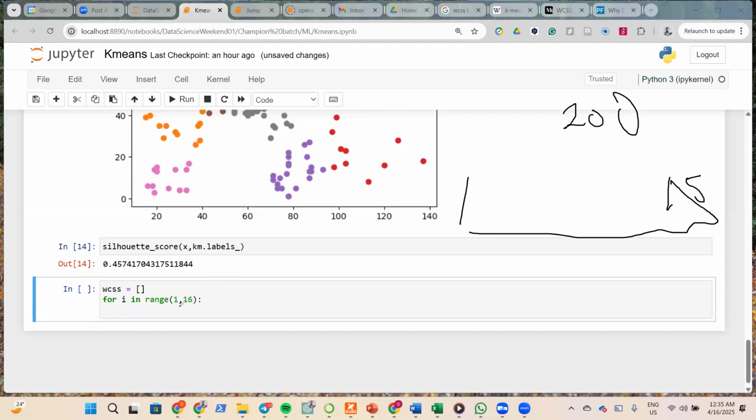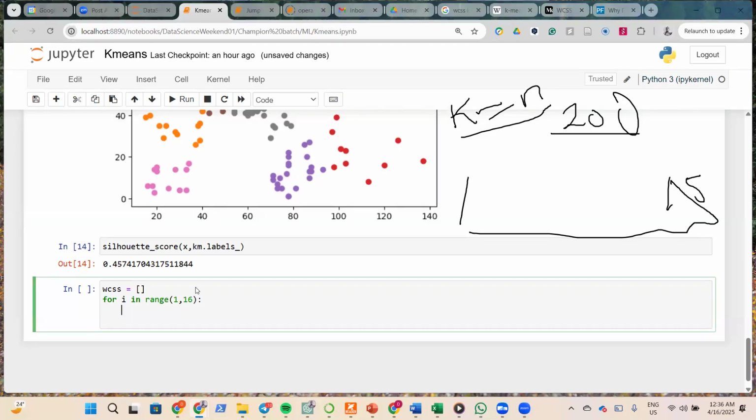You can take your own, from for I in range 1 to 200 because there are 200 records. That means you are using K equals to N. You start from the beginning till the last value, because your maximum value of K can always be equal to the number of records. If you like to go up to 200, it's up to you. But me, I'm going to end at 16, okay? Hope that's clear. I'm just assuming that the best value of K should be between 1 to 15 clusters, but I don't know what the value is going to be. So for I in range 1 to 16,